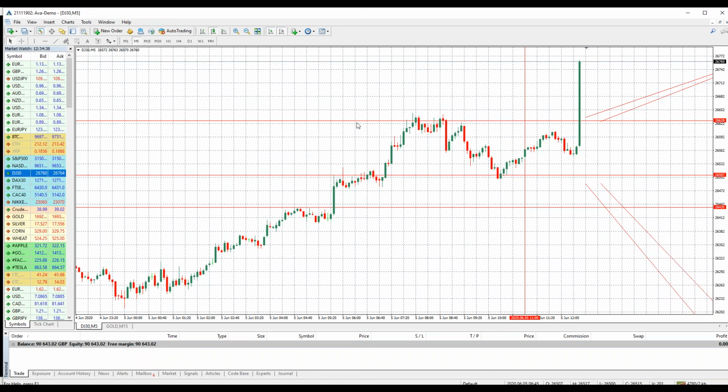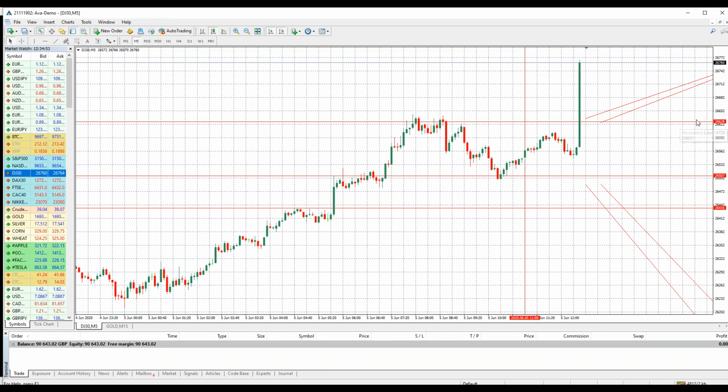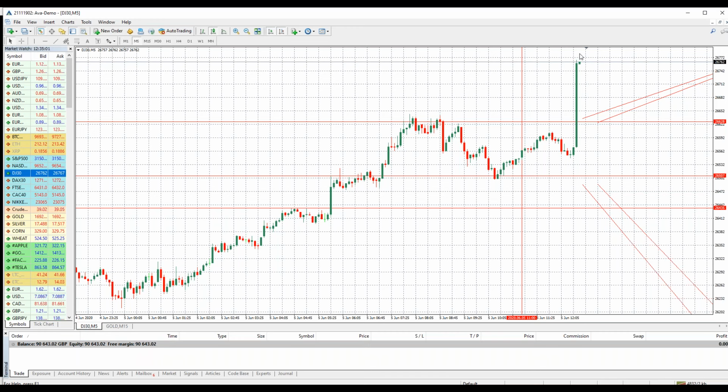You see the breakthrough. We just drew this line on the Dow Jones. We said buy stop up here and sell stop down here. Sell stop would never have opened. Buy stop, you would be up a ton of points right now. We're talking the entry point at the line we drew, over 100 points climb already on the Dow Jones. So it's not too late to get in on these.